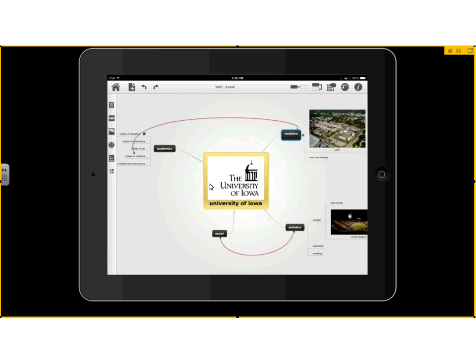Again, the big downside to this is we do not have a means to convert this to an outline format, so we can't show this all in one outline. There is a Mindomo.com. You can go and set up an account there, and that way you can move things back and forth from the iPad to the computer. You can share, you can collaborate, work on different things, and you can do that as well. So that's going to pretty much do it for